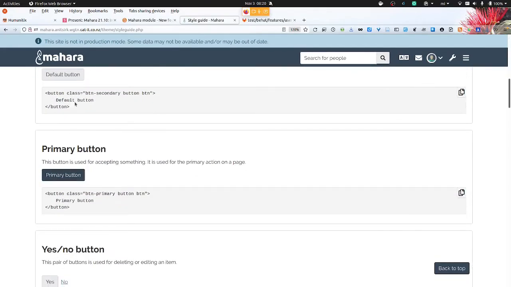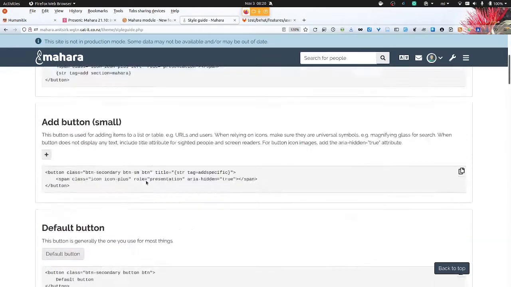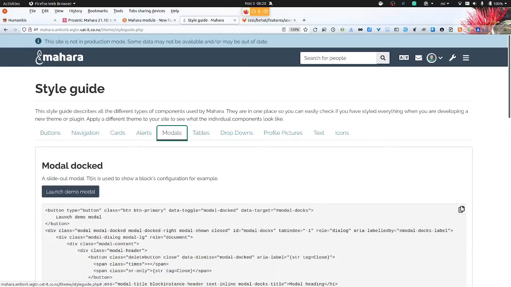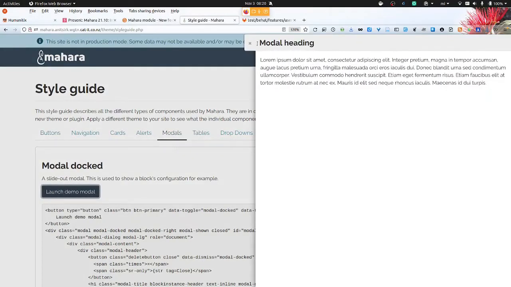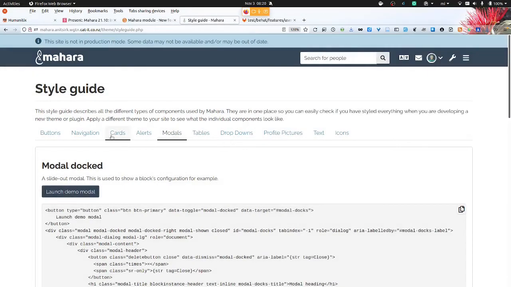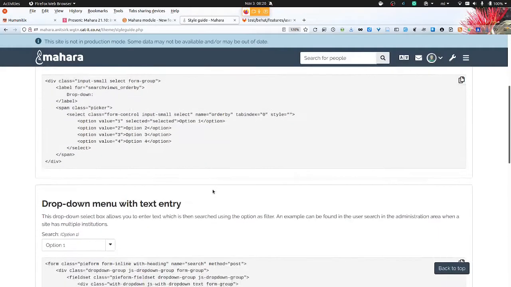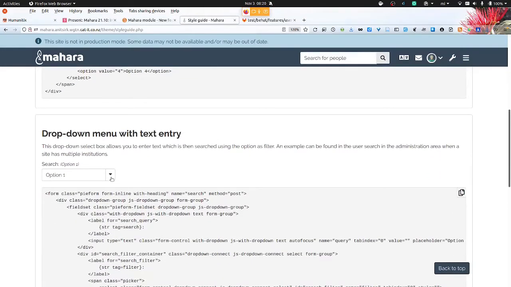So again, here my primary button, my default button, navigation elements, modals, what they look like when they come out, what cards look like, what tables look like, and so on.